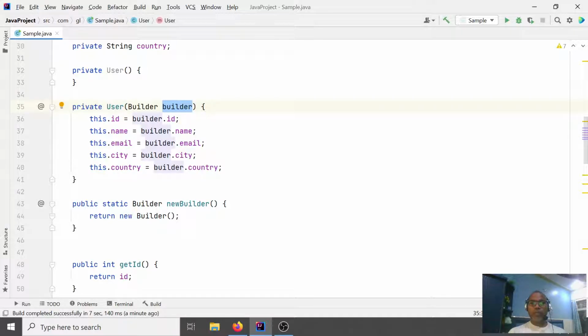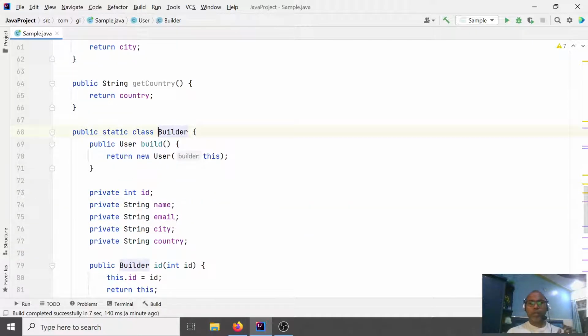Now your object is built with the help of builder. So what is the builder? You just give one new builder method that returns the new builder class. And what is the builder class? Builder class is a final static class, and this class has a build method.